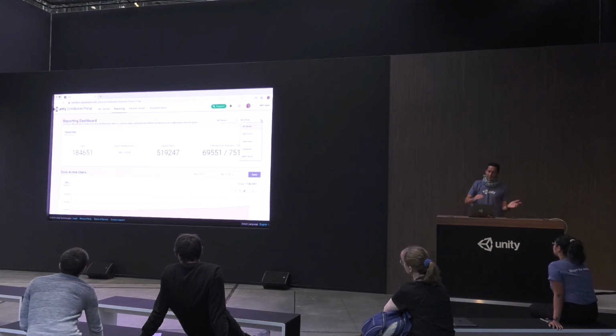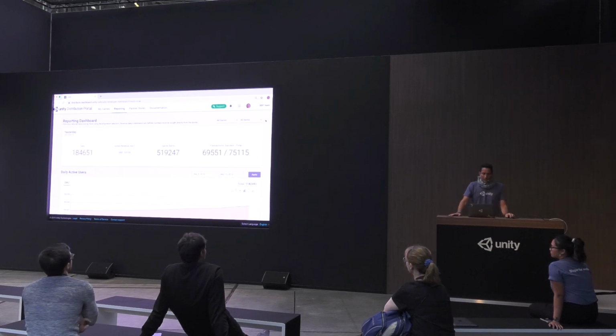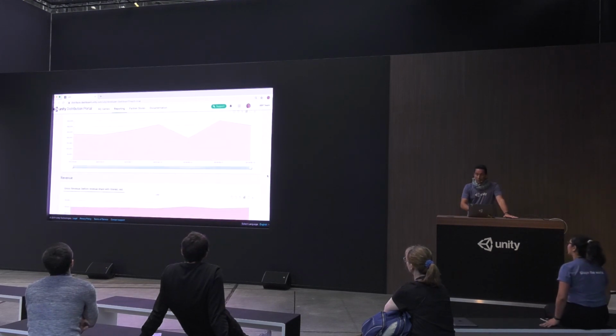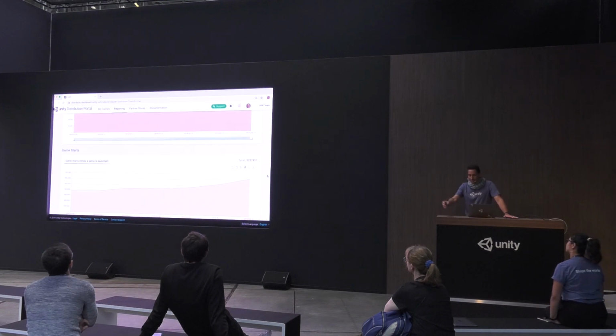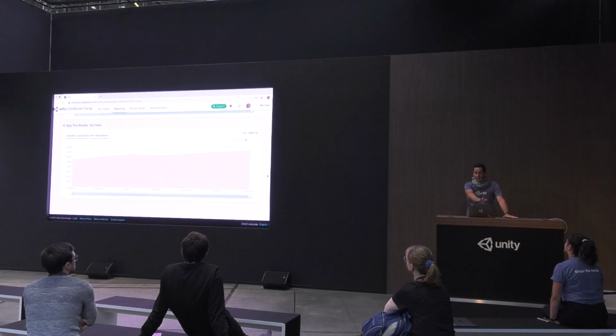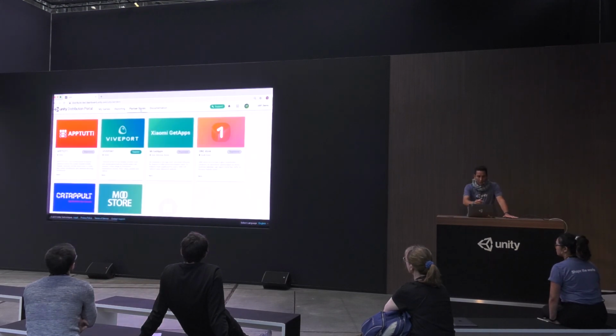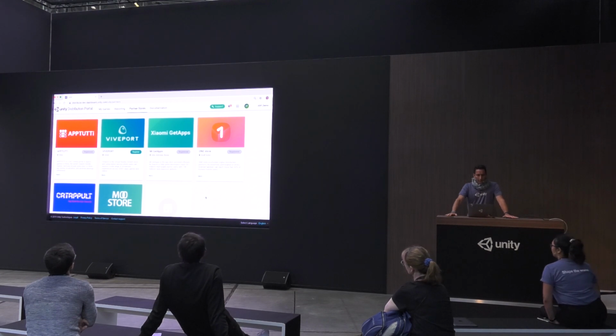So just to be clear here, I'll fast forward in time, a few days, a few weeks. The reporting data doesn't come right away. Your game has to be live, obviously, and generate that data. This is also not actual Age of Magic numbers. This is just mock data that I've put there to show you what you can have there